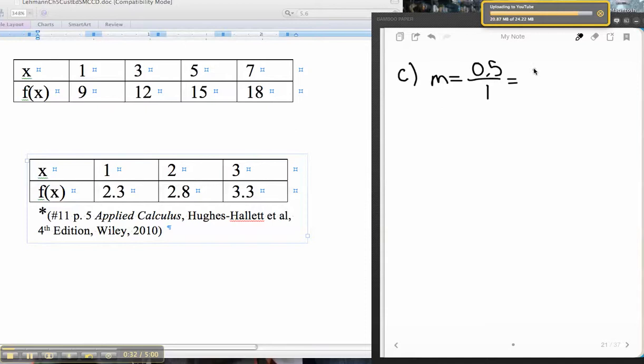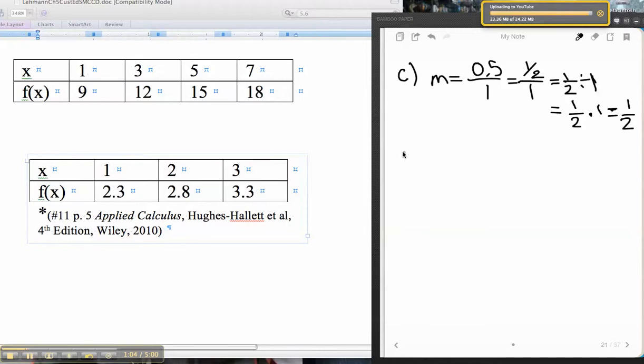Well, we need that as a fraction, don't we? Because that's what our slopes are supposed to look like. So that's going to be 1/2 over 1. And that means that we have 1/2 divided by 1. And that's your trick, remember, for simplifying fractions with fractions. Change it into a division problem. So that says 1/2 times the reciprocal of 1, which is 1. And so that's simply 1/2. Or you could have gotten that another way, but I wanted to take the opportunity to go through that trick